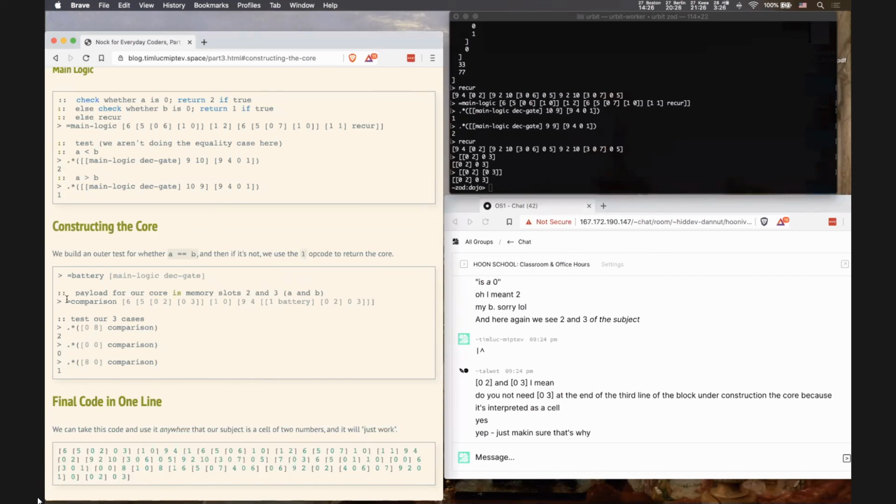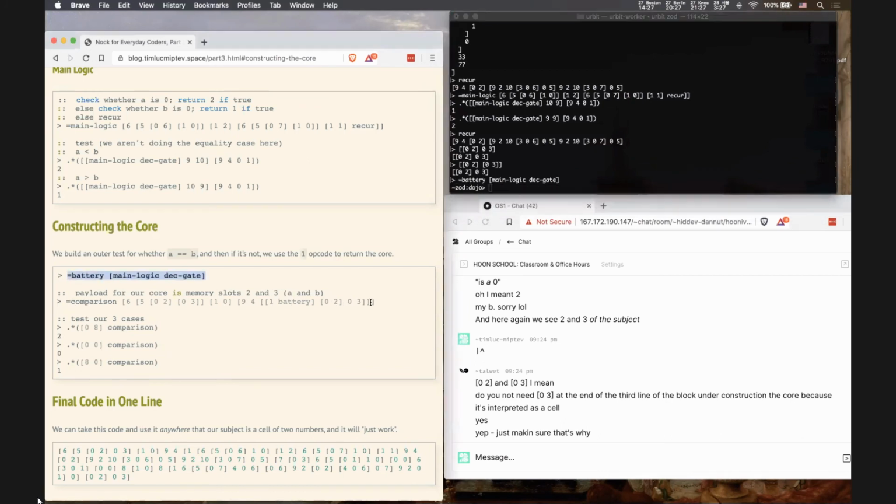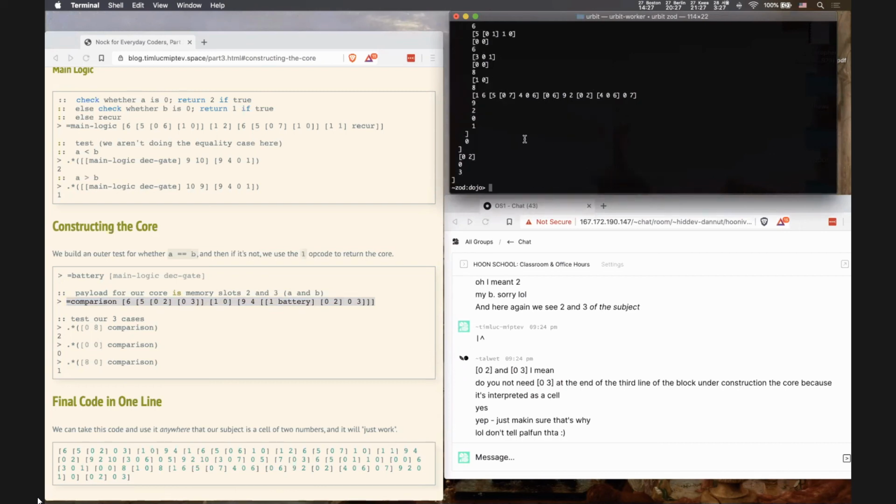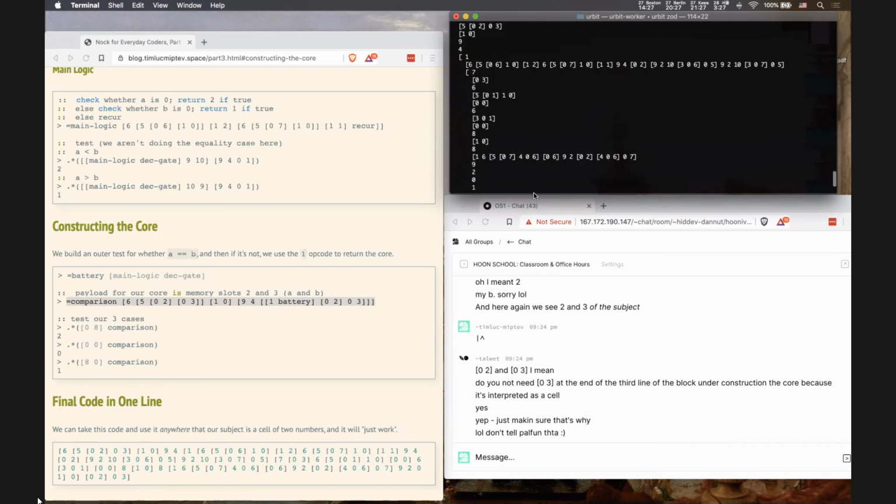And yeah, after we do this, if we make comparison be these things, like if I had done this with battery, and we set up comparison here, you can actually go and run it and look at it. The reason I like to do this